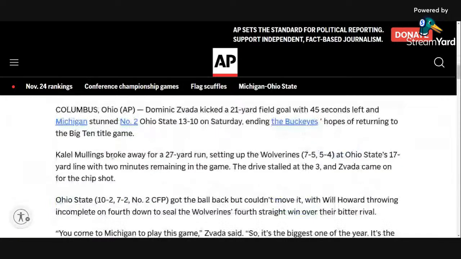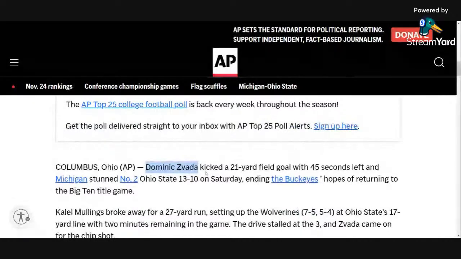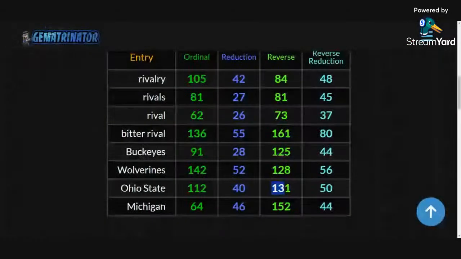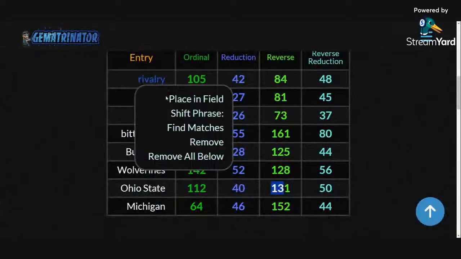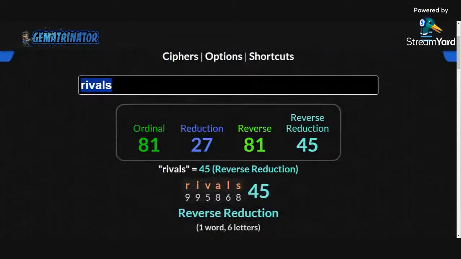So Dominic Zvada, and a lot of times you got to pay attention to the names because they may connect to some other characters that are trending with other stories, which kind of exposes this whole thing as well. All right. So let's go over here and let's enter his name. So this is going to be big, and he may have a full name. And if he's got a birthday, that'll be even better because we have a date.